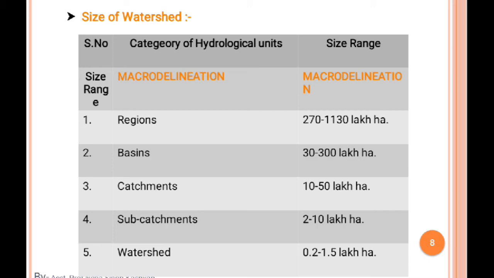When we talk about the basin, that would be 30 to 300 lakh hectare. Then the catchment would be 10 to 15 lakh hectare. Then the sub catchment would be 2 to 10 lakh hectare, and then the watershed would be 0.2 to 1.5 lakh hectare. That would be the size range of that